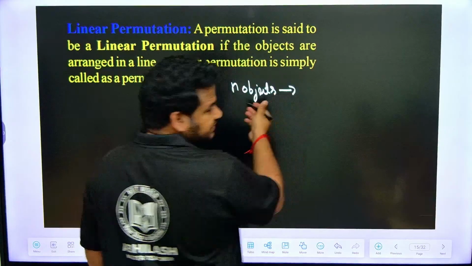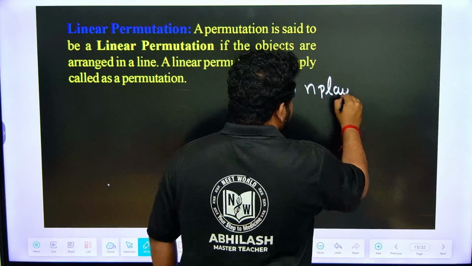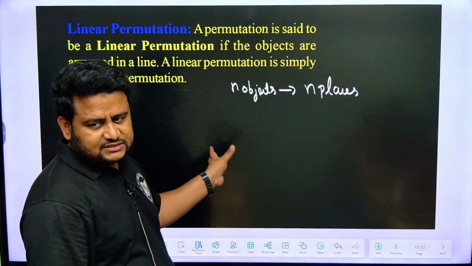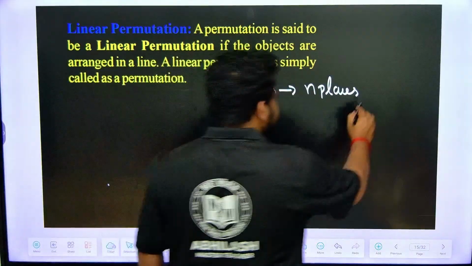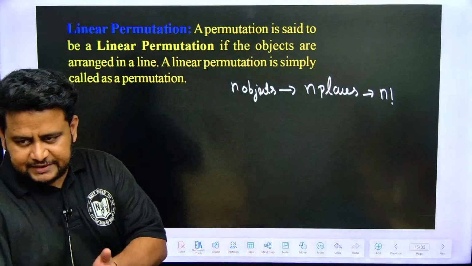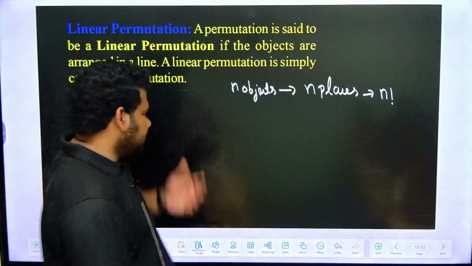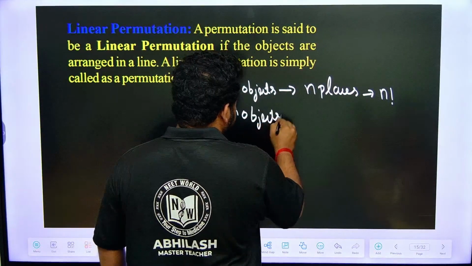If there are n objects and you can place them in n places, n students and n benches, they can be arranged in n factorial ways. But if out of n objects I need only r objects,